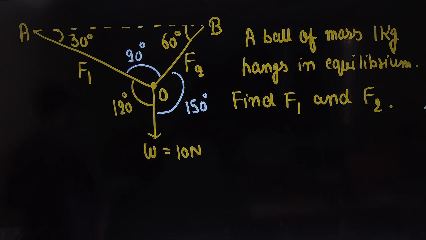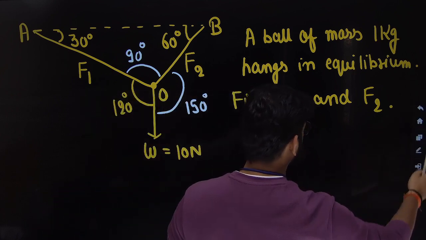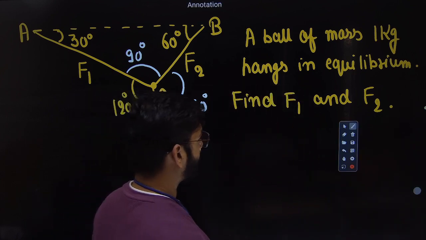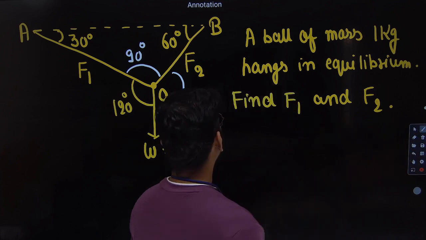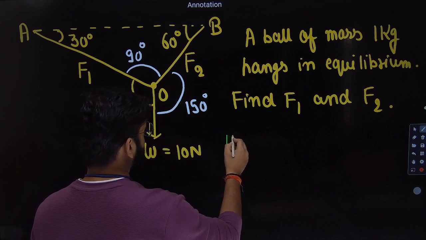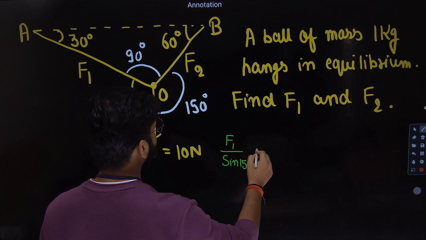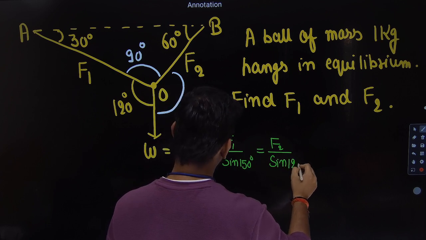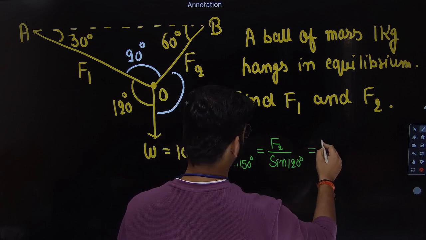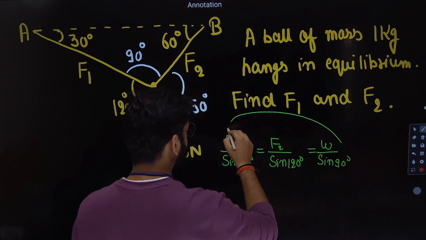What is the value? 5 and 5 root 3. Is everyone getting 5 and 5 root 3? So what is the angle opposite to F1? Sine 150. What is the angle opposite to F2? Sine 120. And what is the angle opposite to W? Sine 90. So when you combine these two,